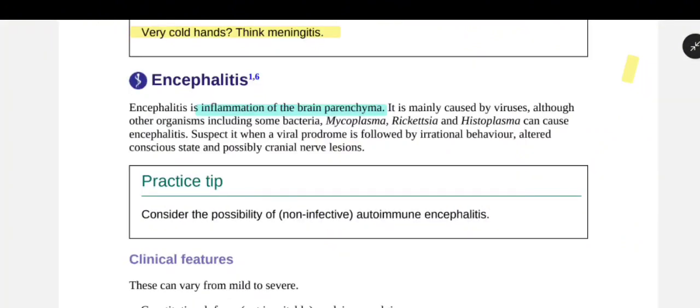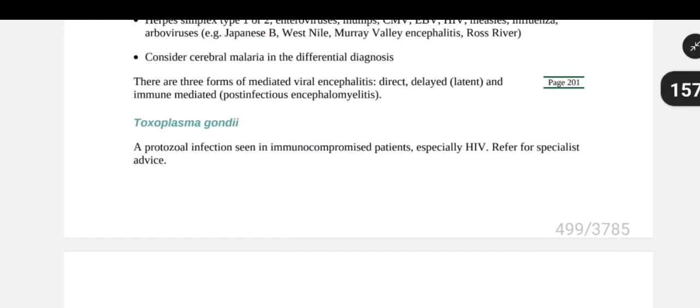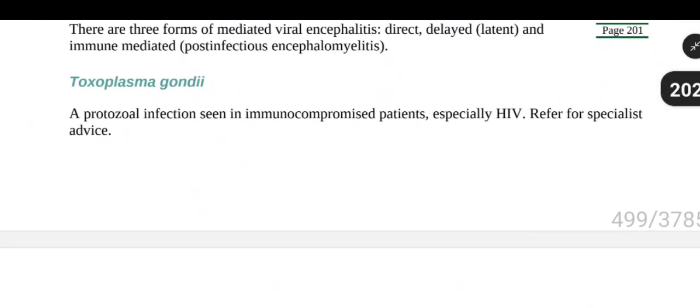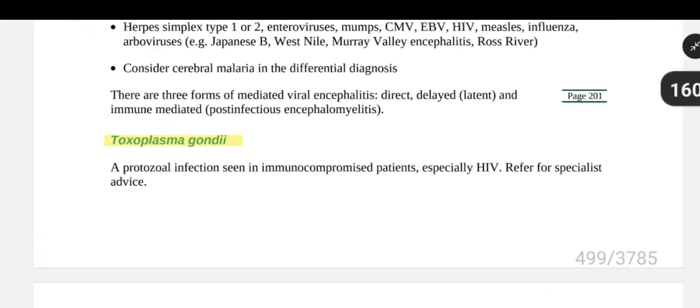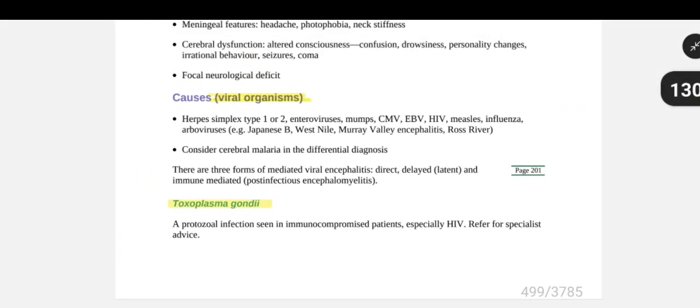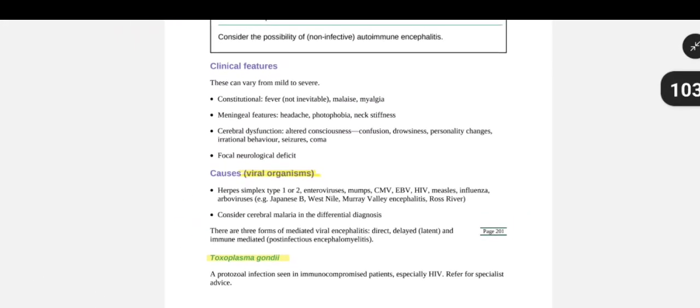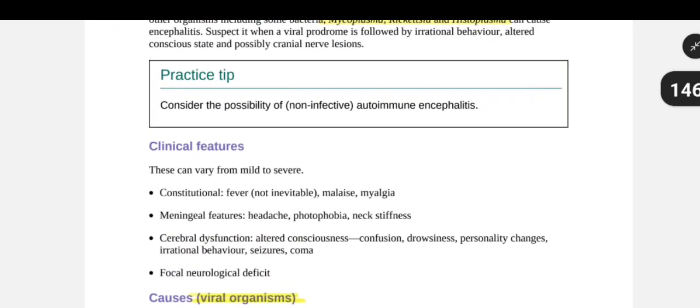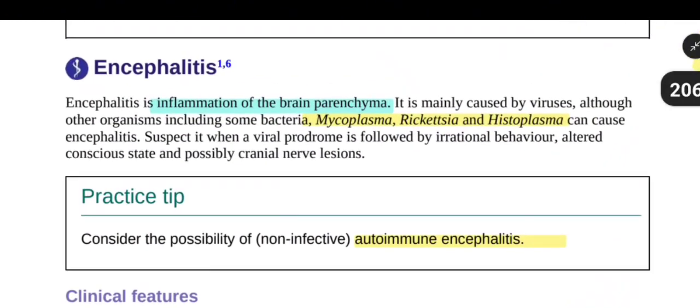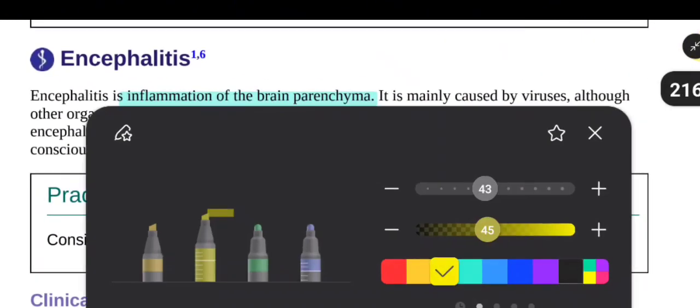arbovirus. And the bacterial causes could be mycoplasma, rickettsia, histoplasma, right? And there could be some protozoa like Toxoplasma gondii and also fungi. Non-infectious causes include autoimmune reactions, metabolic disorders, and toxins. Okay, so we can suspect